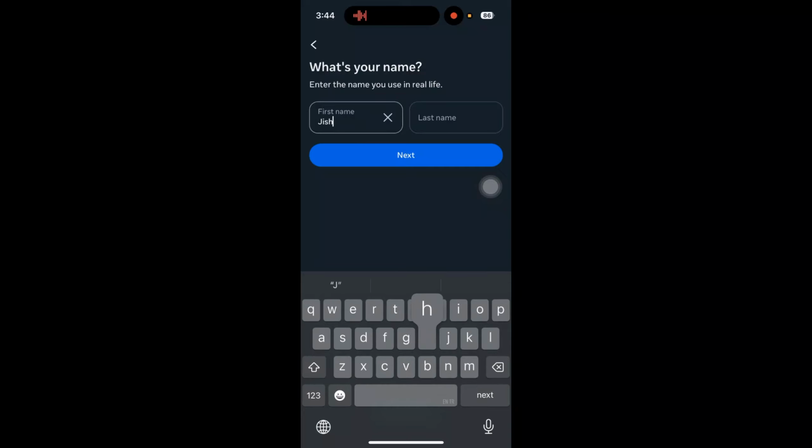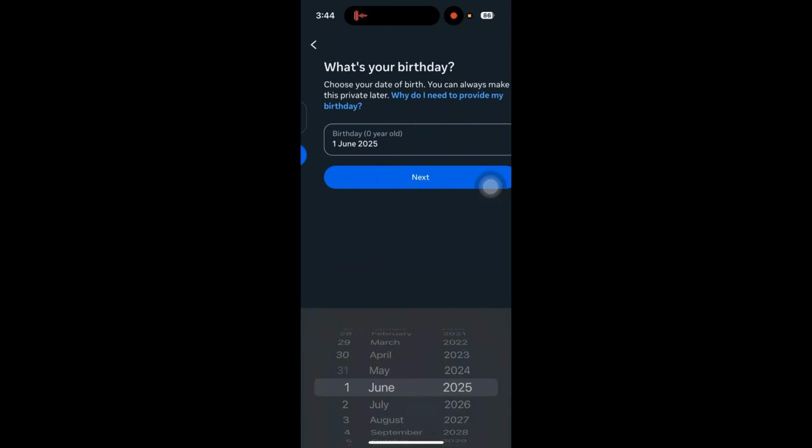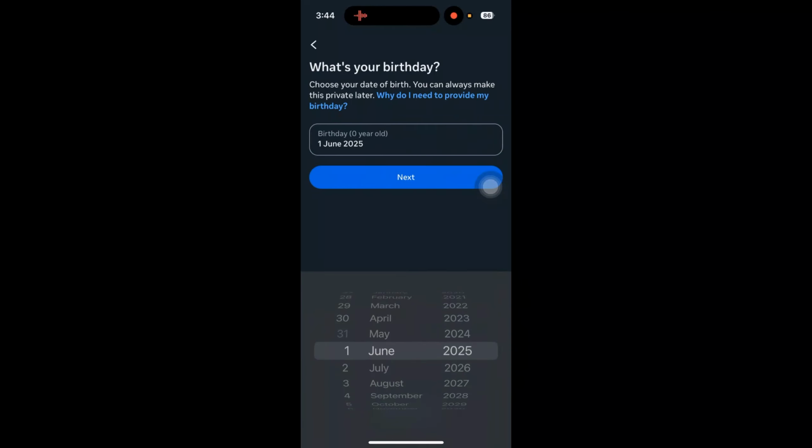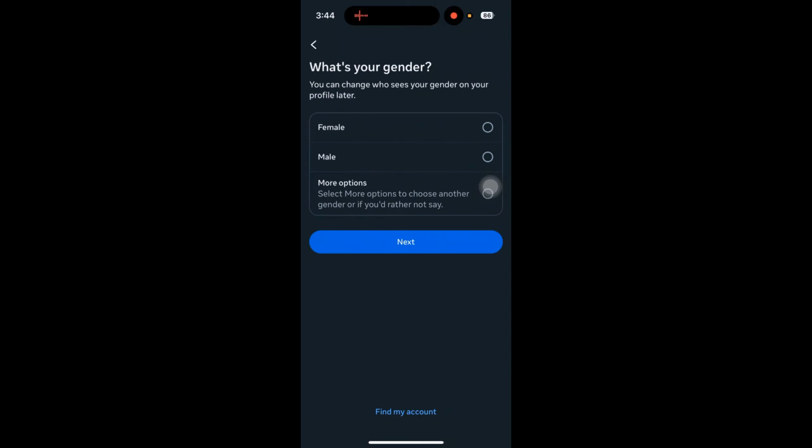And then you need to type your name. After you typing, click next and choose your birthday and click next and choose your gender. So I choose male. Next,